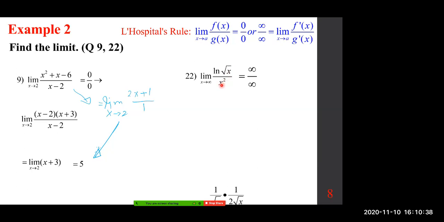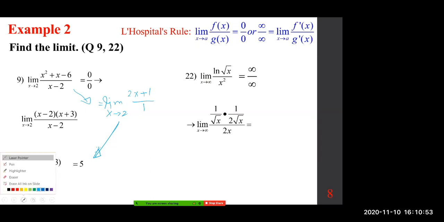x squared gives you 2x. So I'm assuming everybody knows the process. 1 over square root of x, times 1 over 2 square root of x. Or simply put, change this to 1/2 ln x, and differentiate it that way. Okay, class? That actually may be faster. Either way,